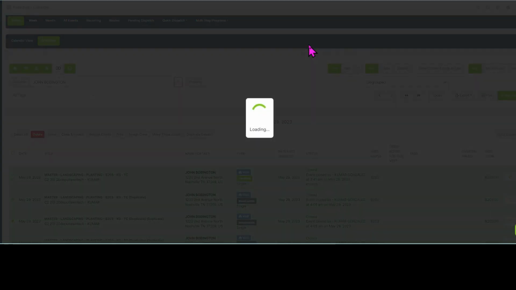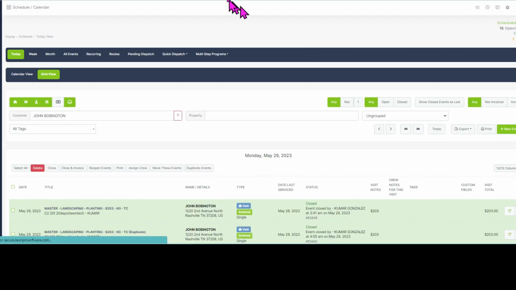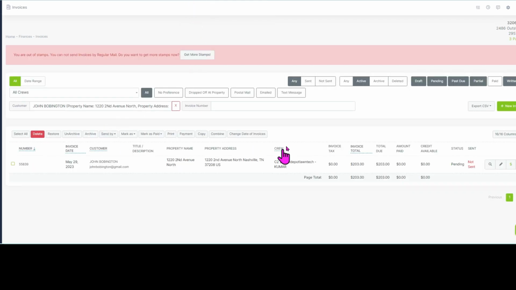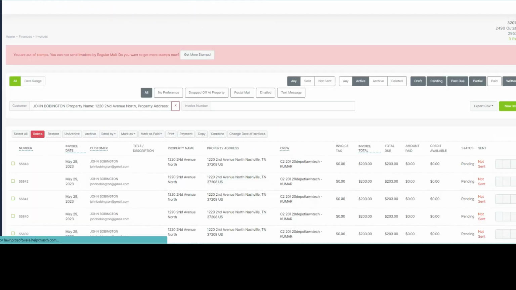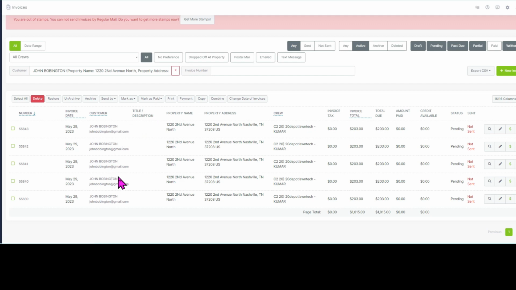Once I do, it's going to transmit all of those events over onto the invoices side. All I need to do now is refresh, and now I have four more. At this stage, you can't quite tell which one is which other than the invoice numbers. The invoice numbers, because I made them all exactly the same, are the only key difference. So we will refer to these events now by the invoice numbers, as they're all pretty much the same. So now we have enough events to be able to make a statement for our customer and